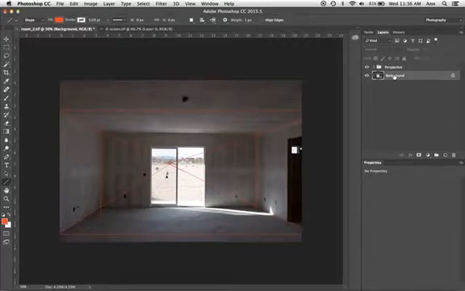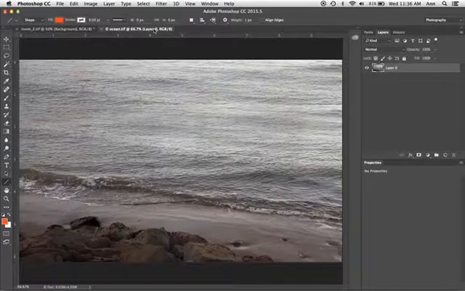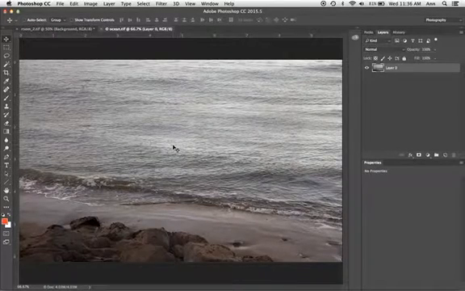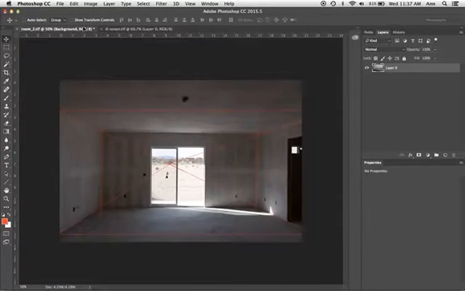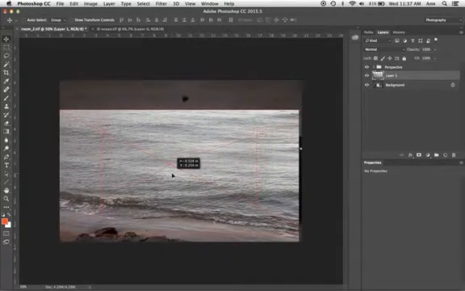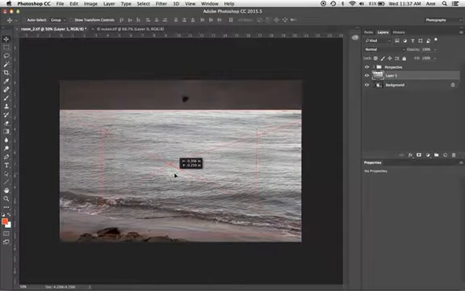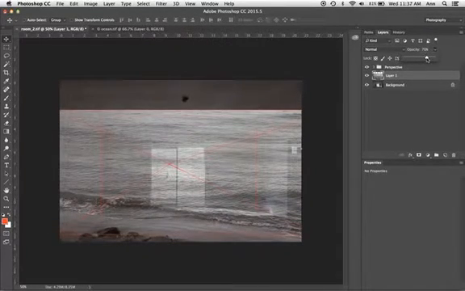I'm going to now click back to the background. I also have the ocean file open. Using the Move tool, which is keyboard shortcut V, I press and drag from the center of the image up to the tab I want to go to, back into the image, and now let go. And that places my image within the scene. And I'm just going to align it. I might reduce the opacity just a bit to see where it's going to go.